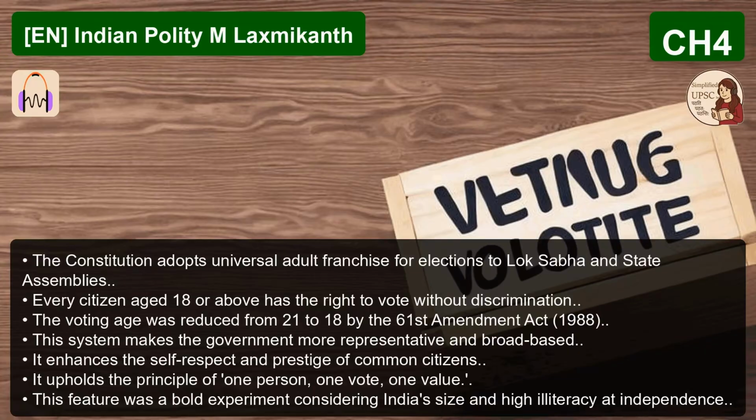The impact on rights during an emergency is immense. Huge. Although the 44th Amendment Act of 1978 did ensure that rights under Articles 20 and 21, protection against conviction and protection of life and liberty, can never be suspended. But the 6 freedoms under Article 19 are automatically suspended during a national emergency proclaimed due to war or external aggression. Correct. This capacity for concentrated power directly intersects with internal security challenges, which is a crucial area for administration,